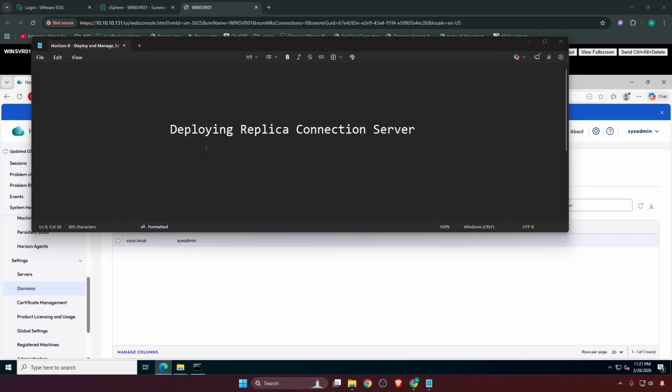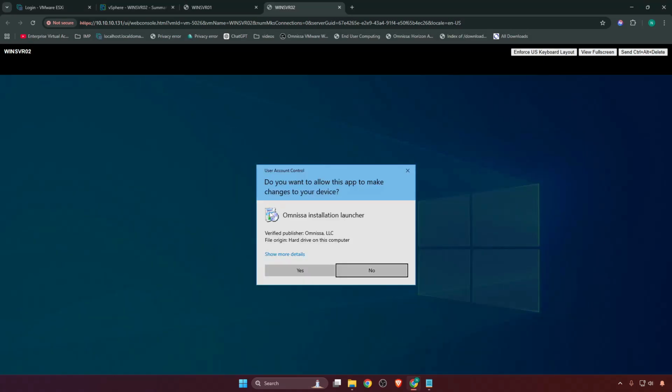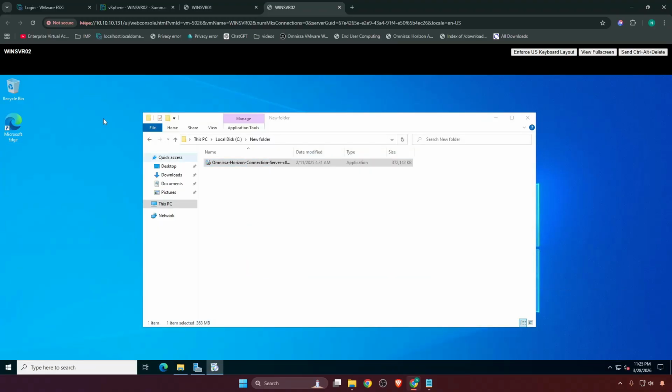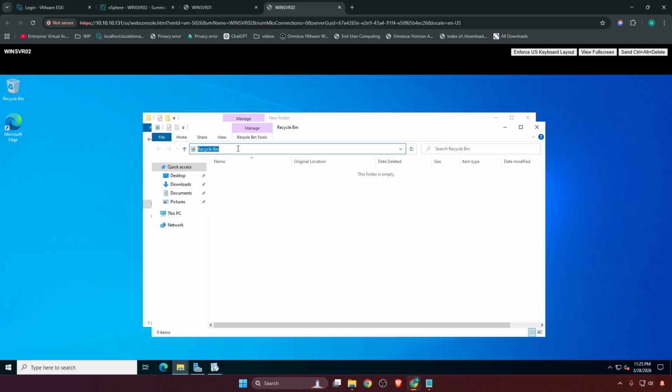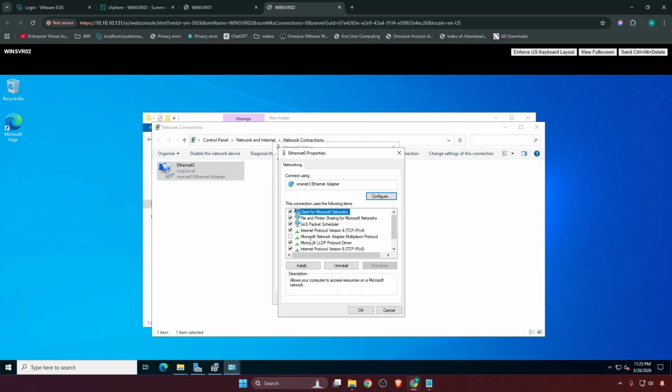Deploying Replica Connection Server. Let's get it started. Okay, run it. What we forgot over here is that we need to put the static IP, right? Go there, network adapter, properties,